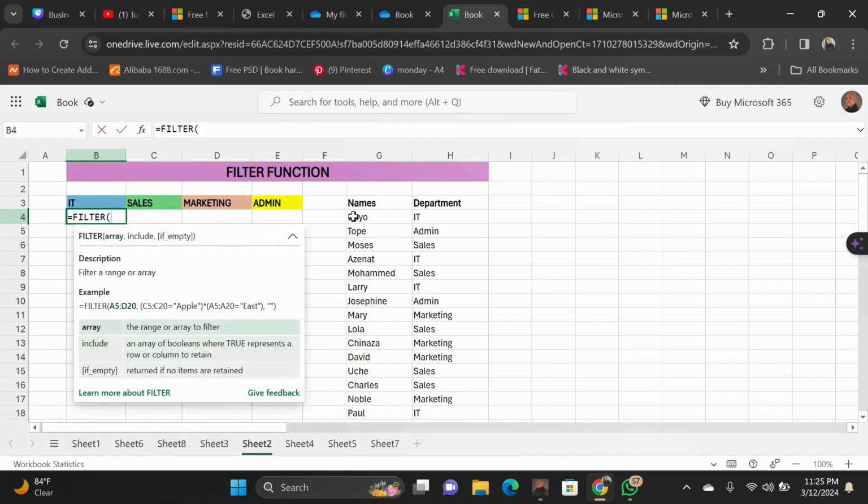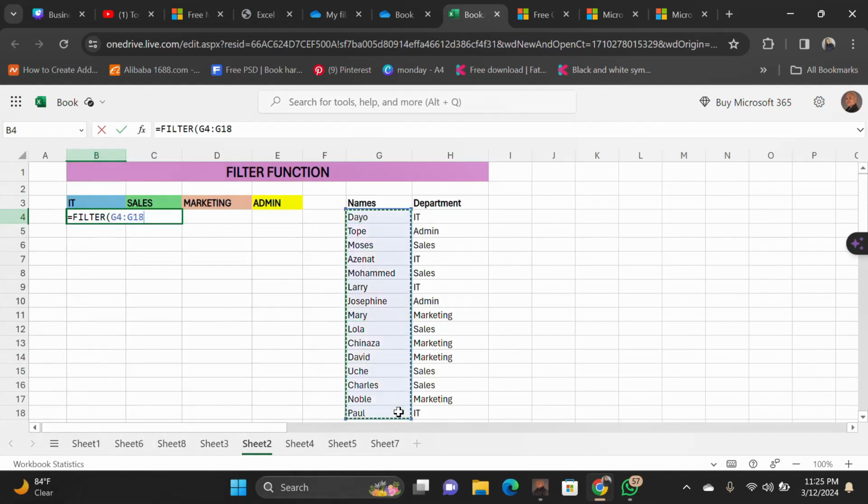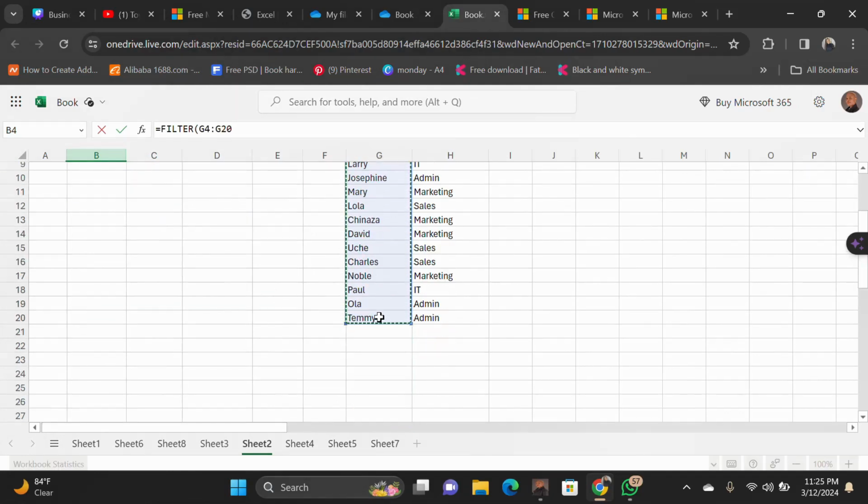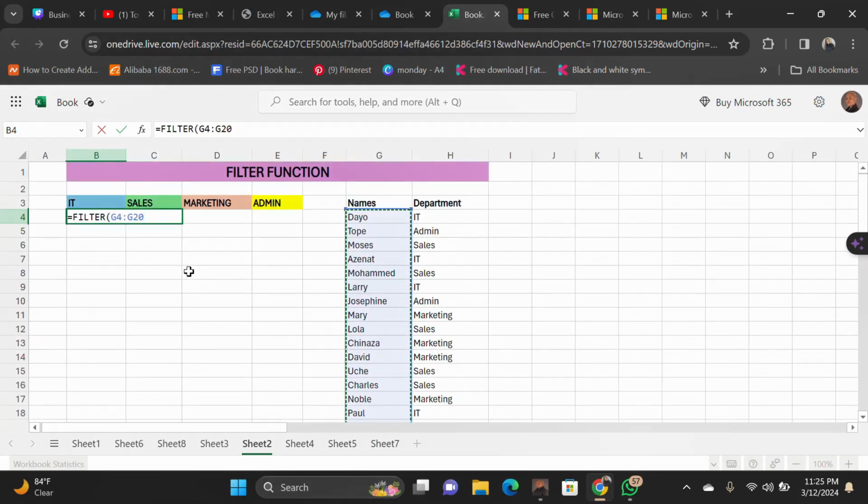bracket open, select all of this. Now to lock this formula, you can press the F4 key on your keyboard. I'm going to press F4 now. You're going to see what will happen. F4 will automatically add a dollar sign to each part of the reference. So in front of the G, there's a dollar sign, and in front of the 4,